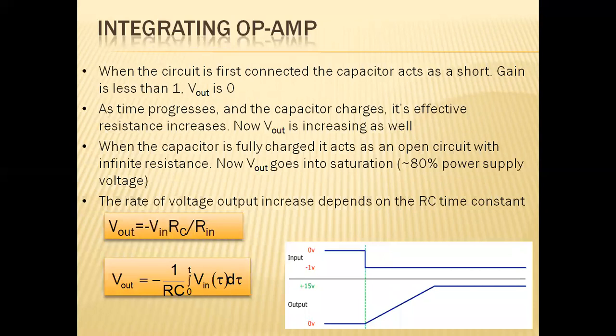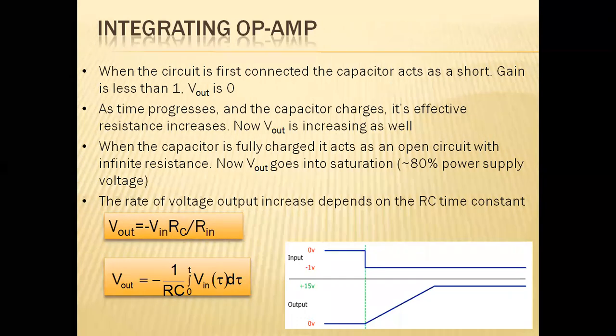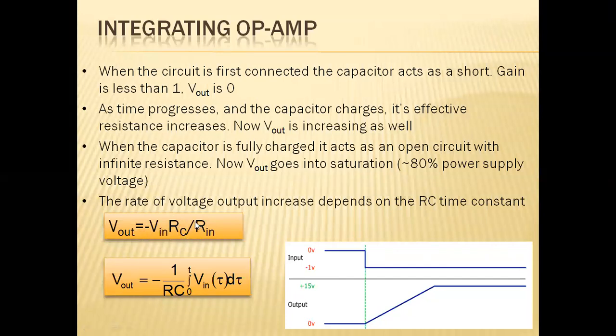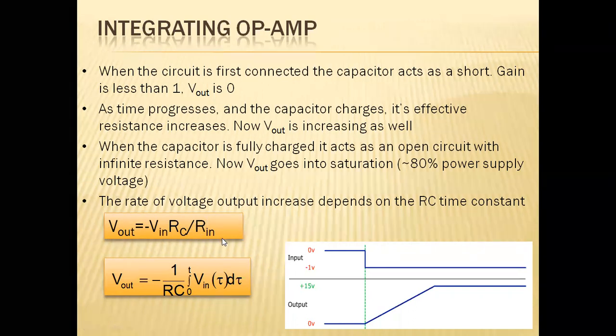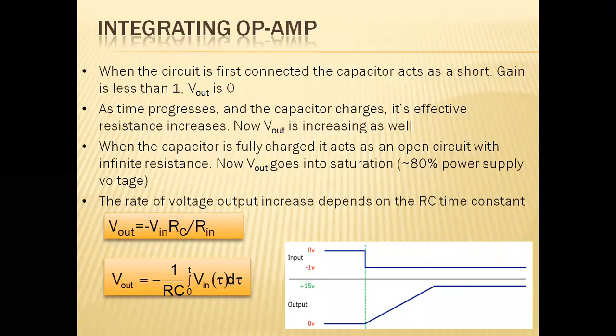The rate at which the voltage output increases depends upon the RC time constant. That is the loop framed with the resistance and the capacitor. Hence the output is minus the input voltage times the capacitor resistance with respect to the input resistance. We have discussed capacitor resistance: upon charging, the circuit will be acting in an inverting manner,